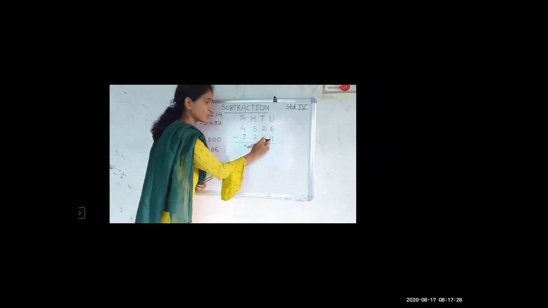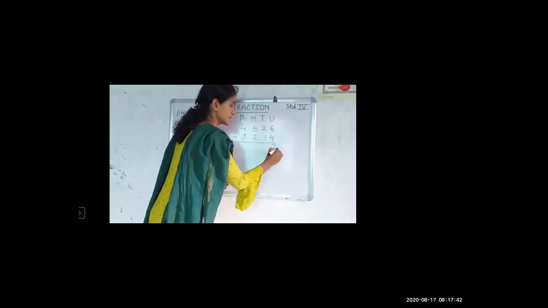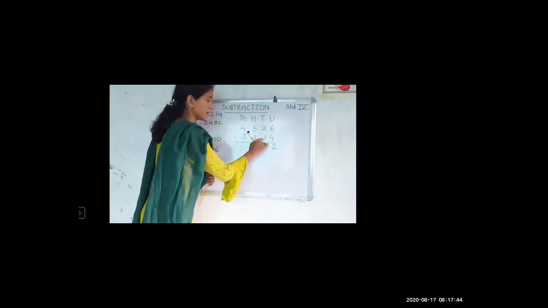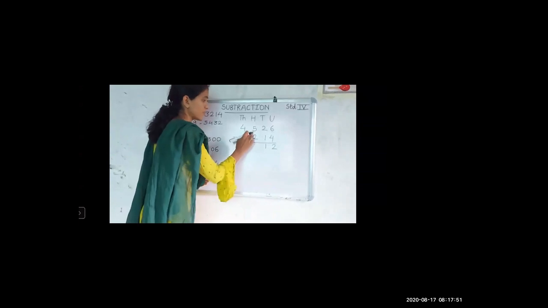So we will start from the unit side. So 6 minus 4. 6 is bigger number, smaller is 4. So I just gave you the formula to how to subtract the numbers. So keep smaller number in your mind, that is 4, and start counting after 4. So 5, 6. Your answer is 2. 2 minus 1 is 1. This you can do very easily because 2 minus 1, it's a very mental maths type question. 5 minus 2 is 3.